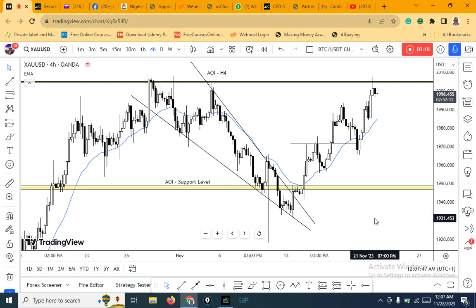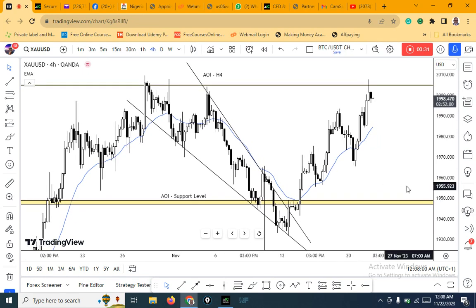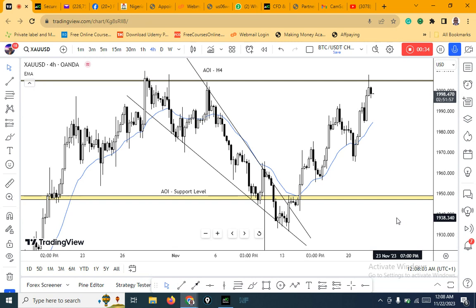So, guys, the intention here is for me to actually teach you how trading is done, how you could trade profitably, and most people have this difficulty of identifying good trade entries. Okay, and the essence of this tutorial that I've been doing on gold, guys, is to teach you how to spot very high probability trade setups. Okay, so in continuation,